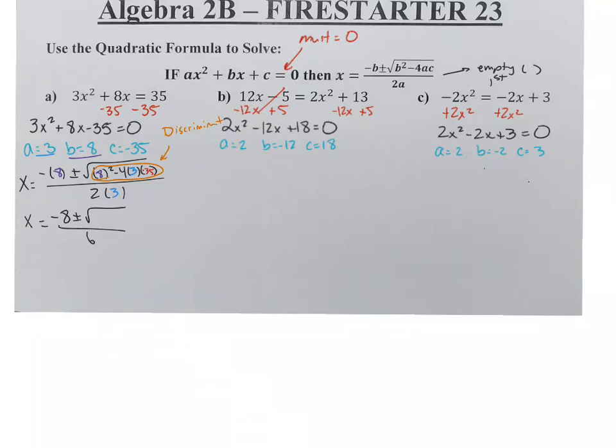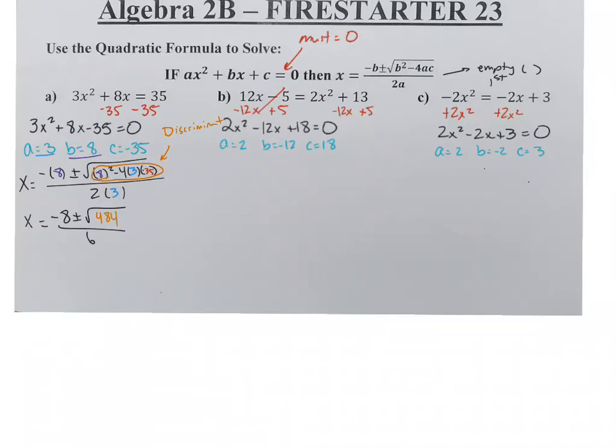2 times 3 is 6. So I'm just going to type in my calculator what's underneath the radical. I'm going to write left parenthesis, 8, close parenthesis, square button, minus 4. Make sure you use the minus sign and not the negative symbol, one will multiply and one will subtract. So make sure you're using the subtraction symbol. 4 times 3 times -35, and when you're doing -35, it's got to be the negative symbol. So it just gets kind of confusing there. So I end up with 484 inside the radical, which is good news because if you didn't know, 484 is